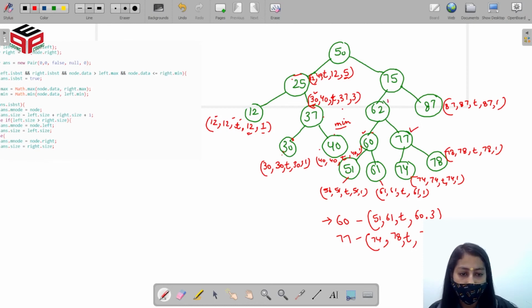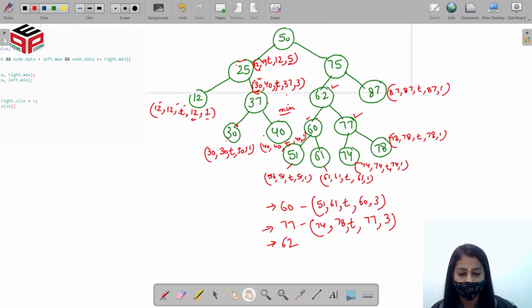Now 62 will check if I am a BST or not. For 62, now 62 will compare its value with the maximum value of the left subtree. Now the maximum value of left subtree is 61.